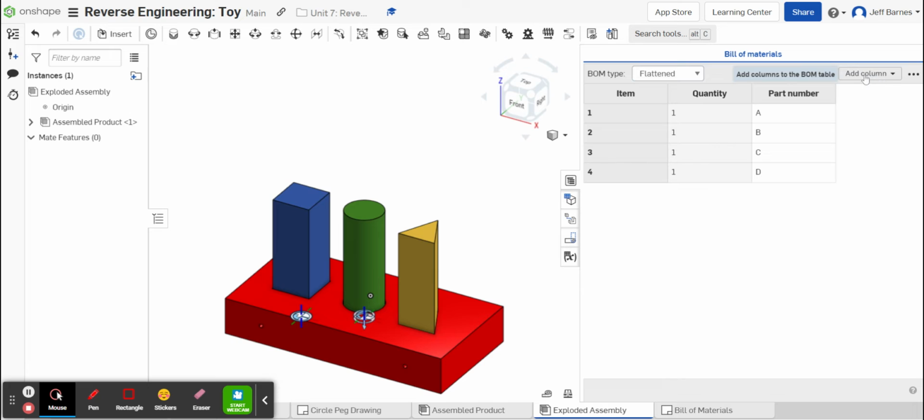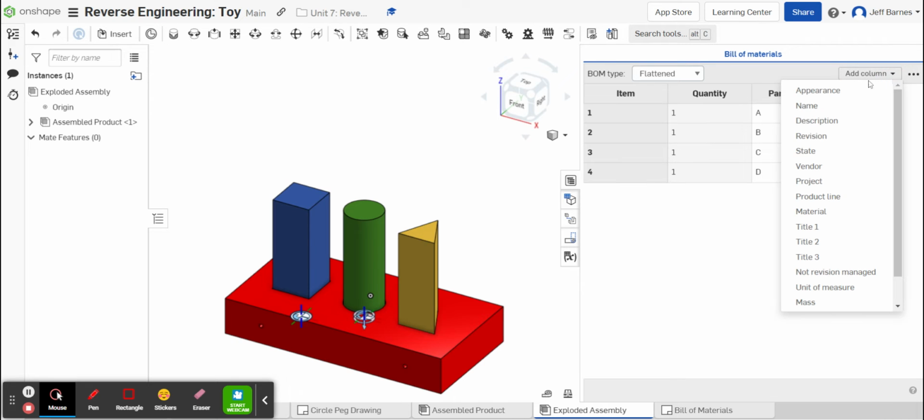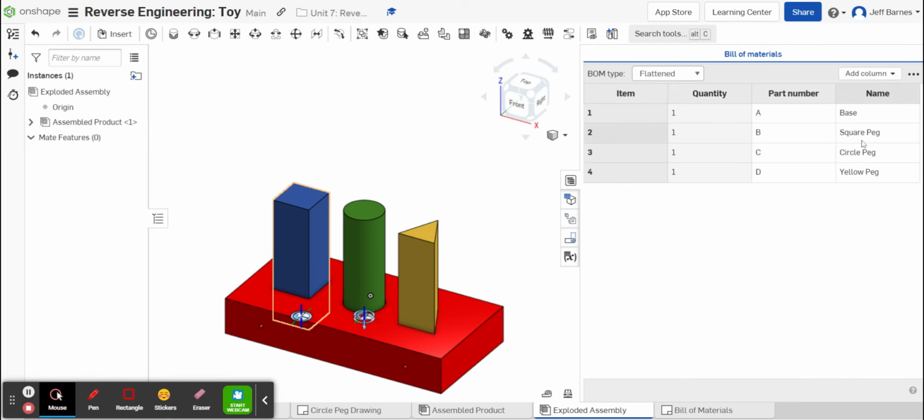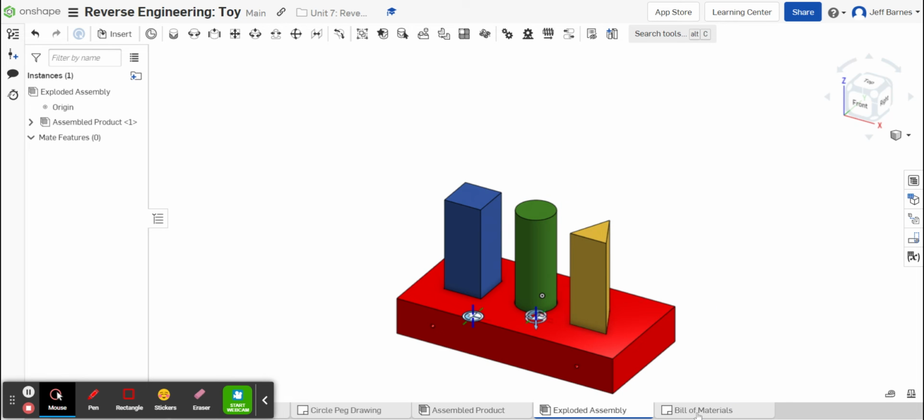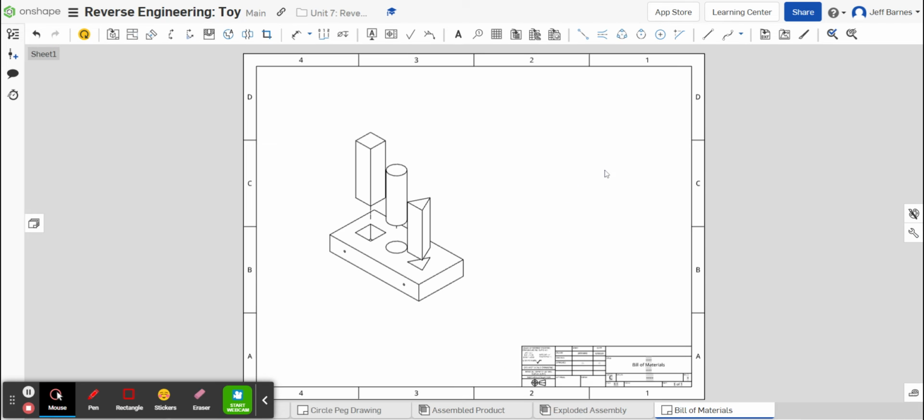Then you're going to go up above that where it says add column, and click on name. Okay, and then the name will pop up on your bill of materials table. So now when you go back to the bill of materials tab that you've created,